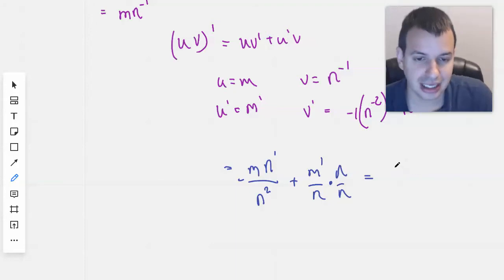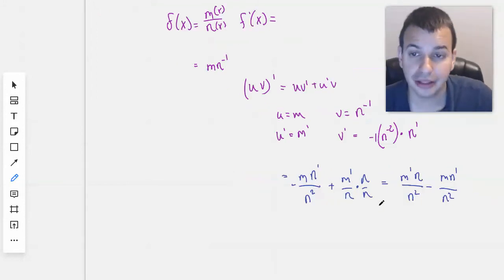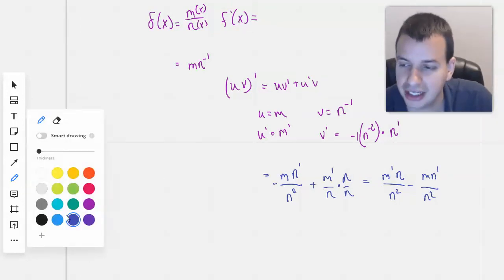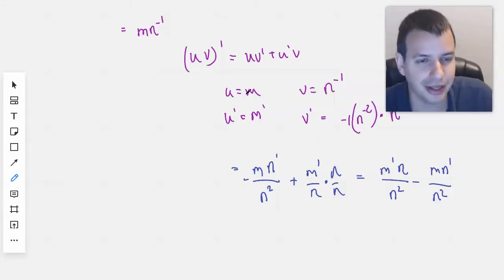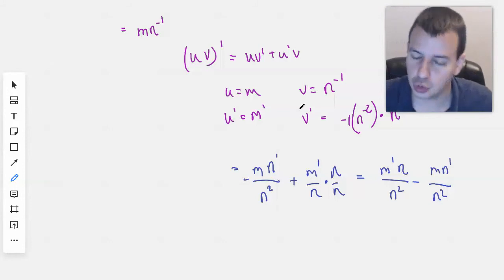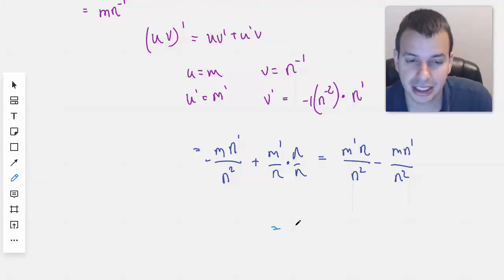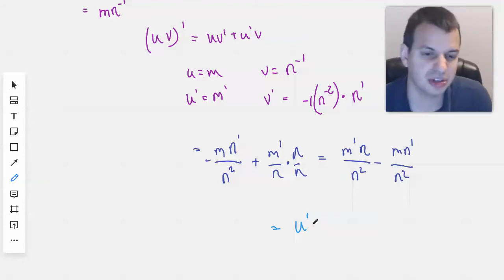So rearranging things slightly, we got m prime n all over n squared minus m n prime all over n squared. Then we can combine those. And so let's see, u correlates to m. I'm going to rewrite this in a more standard u and v notation. I just wanted to avoid the u and v earlier because that way it would have been crazy. Okay, so let's see here. M prime is the same as u prime, and n is similar to v,